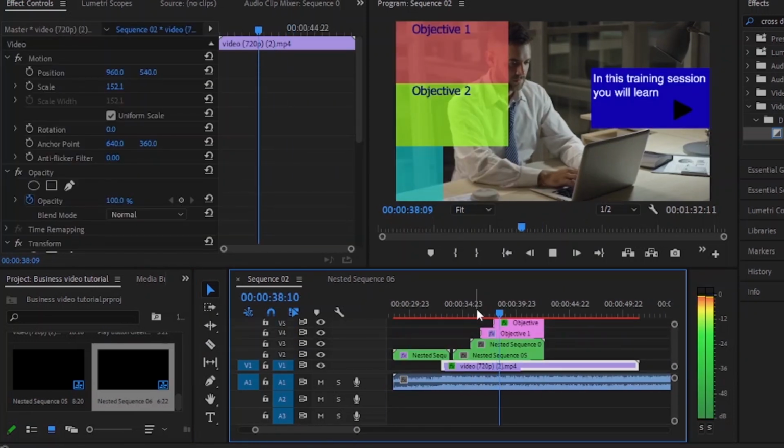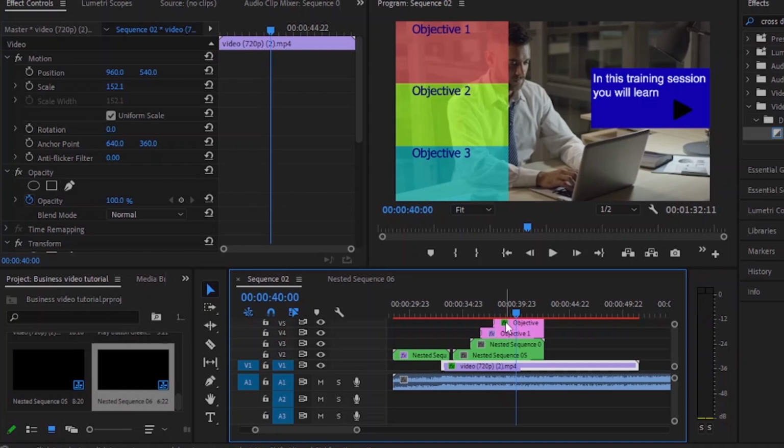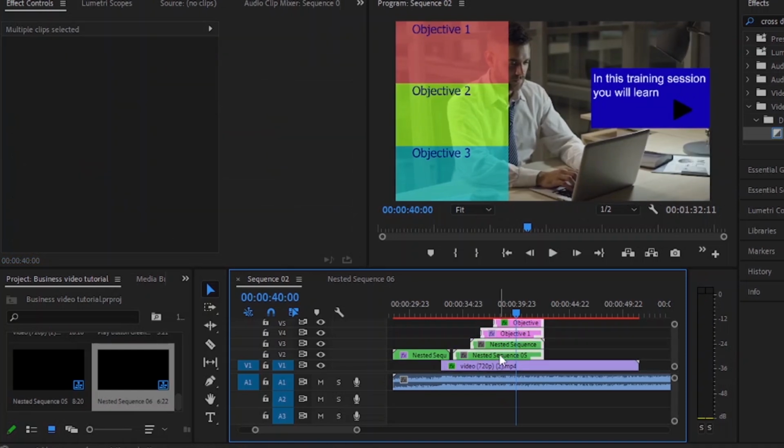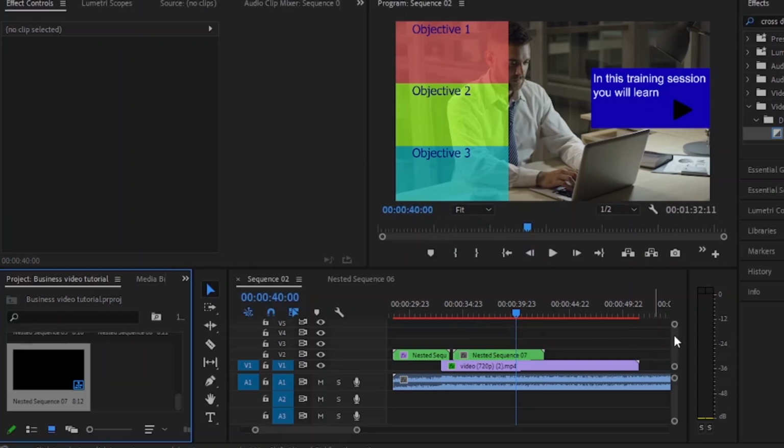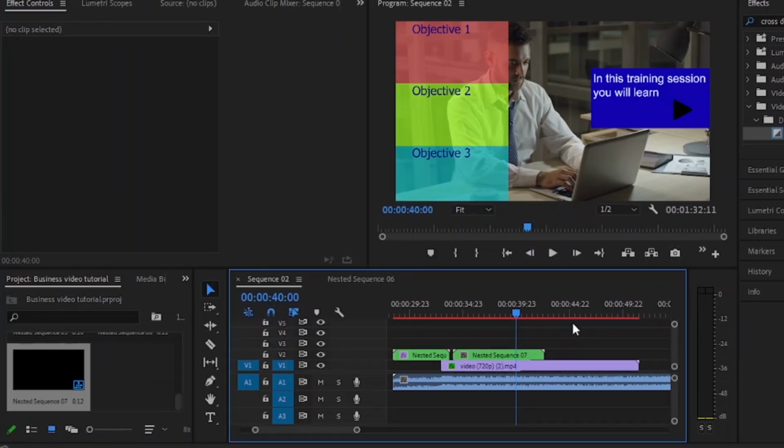Since this scene will be moving out as well, we'll have to nest it and make it a single clip. Again, it just makes our work much easier. So instead of applying the transform effect and making keyframe animations for each clip, we can just do it to one clip. Easy, right? Okay, so just like we did with this scene, we'll be going into the next scene,